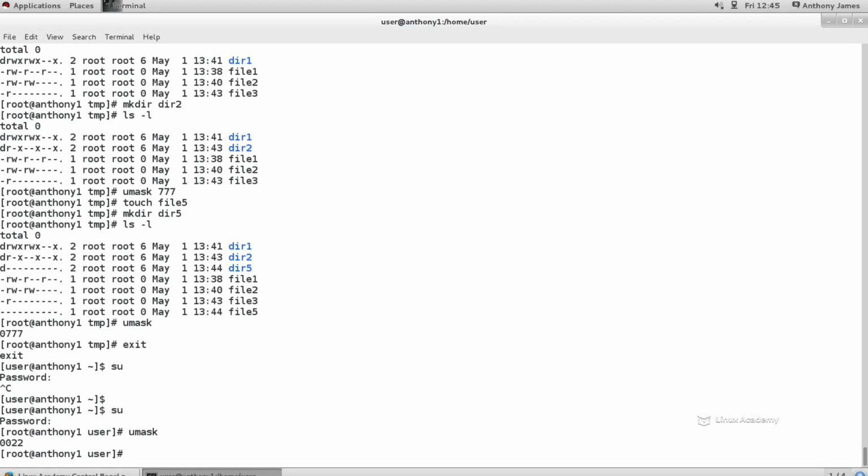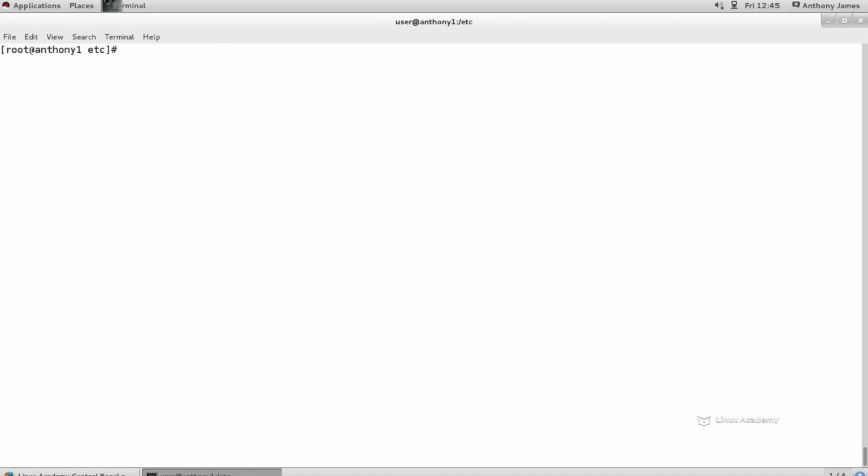That's called persistence. So how do we change our persistent umask settings, or the default it should be for users when they first log into a session? So how do we do that? We're going to go into the etc directory. I'm going to clear my screen here, and then we can do a vim on our bashrc and our